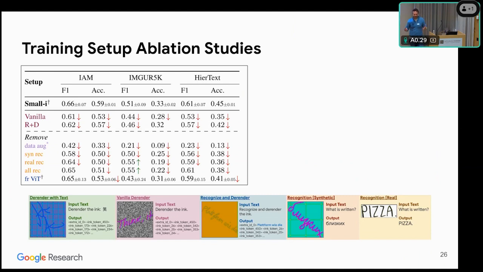So throwing in related tasks, other synthetic data and other things all helps the model improve in quality. You can see that probably the biggest one is the data augmentation, so I think synthetic data and data augmentation is an interesting area to push more in.